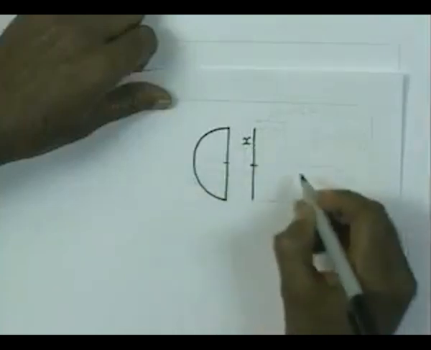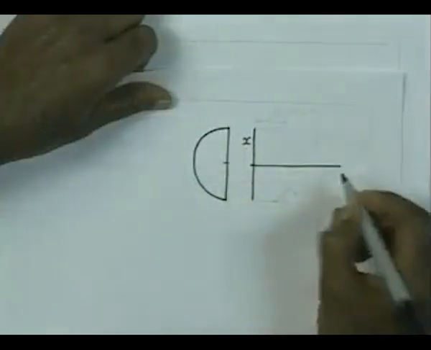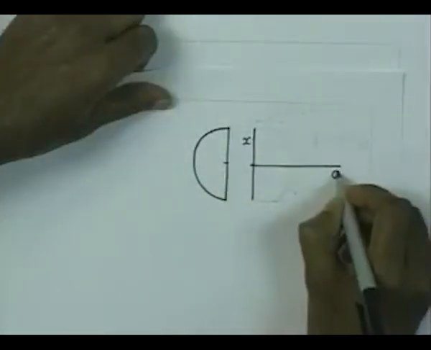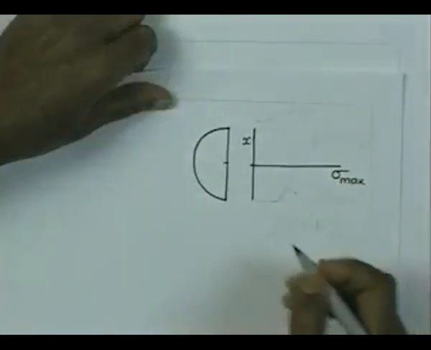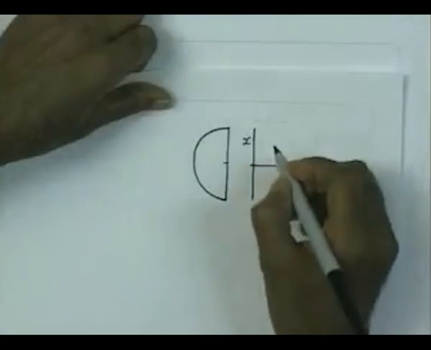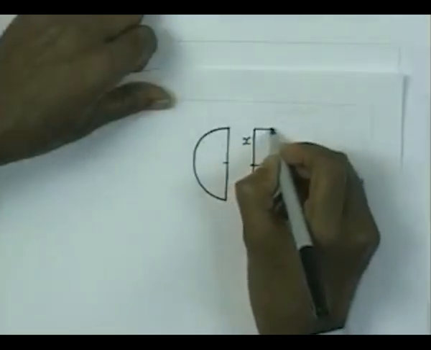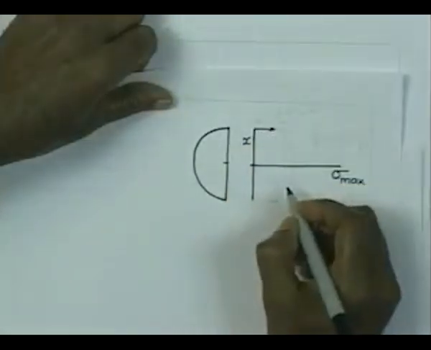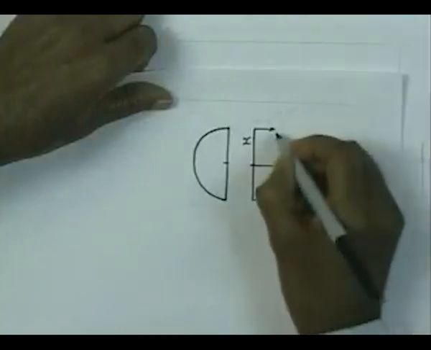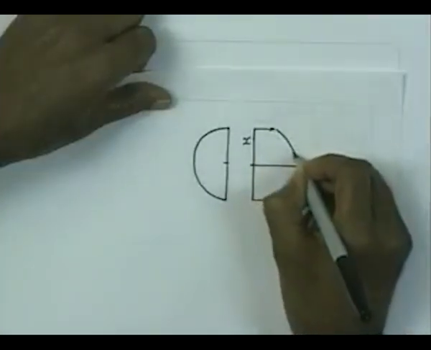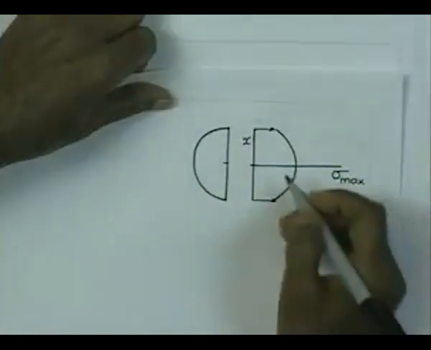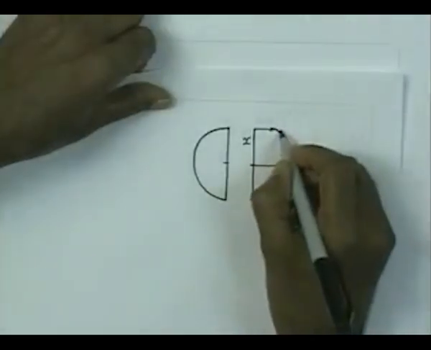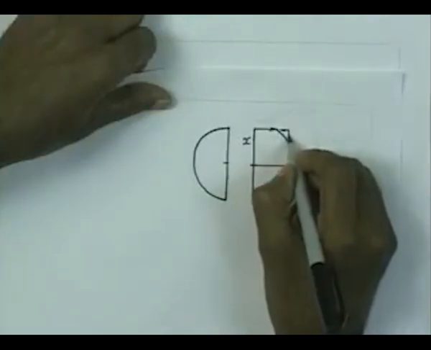So, this is my x direction and this is the direction where I would like to plot sigma max. If you now consider the exact stress, it is tensile everywhere and the variation is symmetric about the center, and the approximate value that we have obtained is nothing but